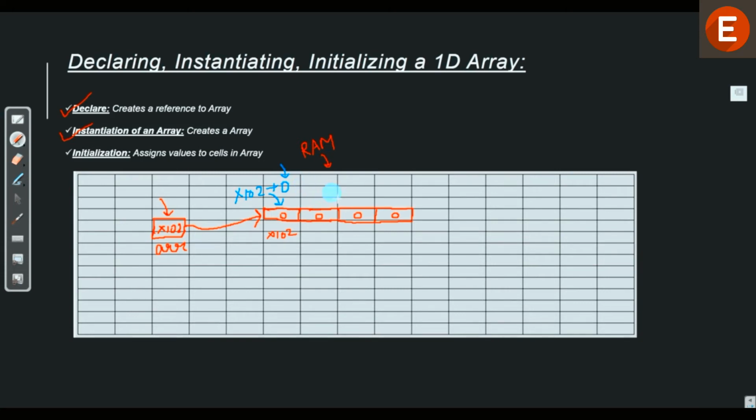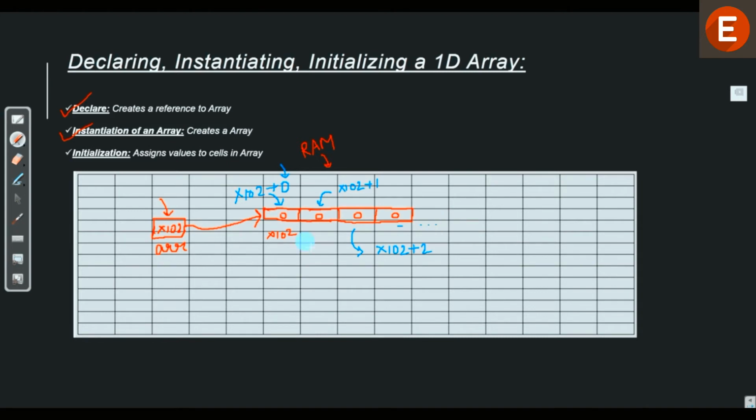So when we want to point to this cell over here, we say x102 plus 1. Similarly, this one will say x102 plus 2 and so on for the next cells.